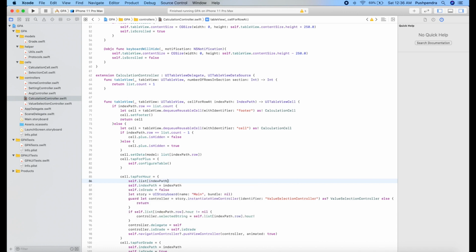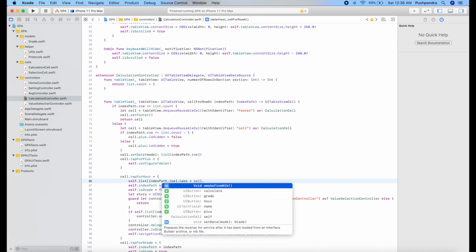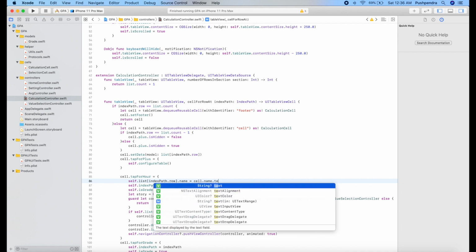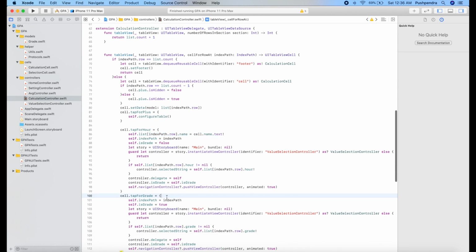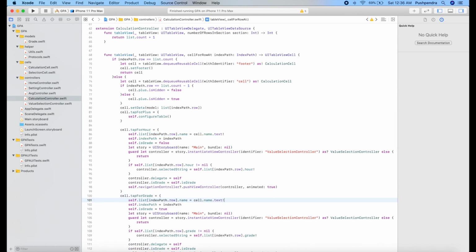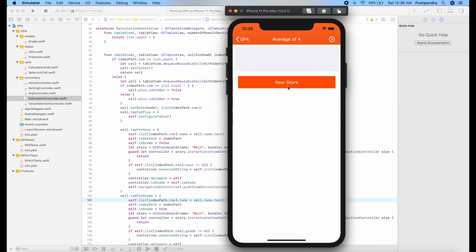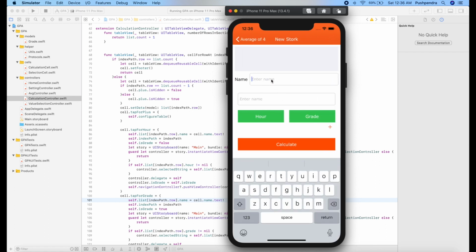Now list dot row dot name equals cell dot name dot text. Same thing we did for grade button, so that we can store the data when you click on hours or grade, so it will be very useful for us. We will not lose any single data. So here if you pass like my complete